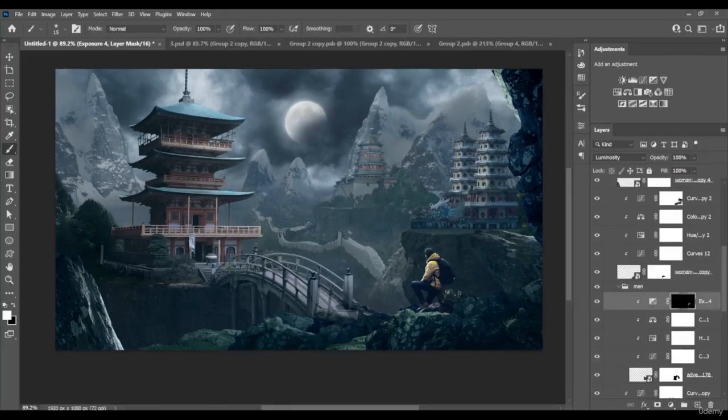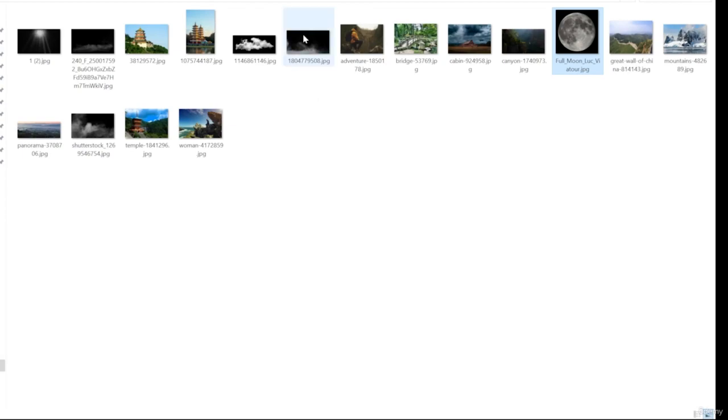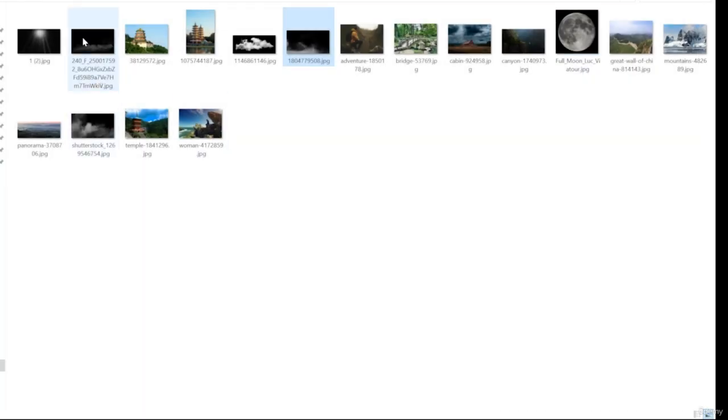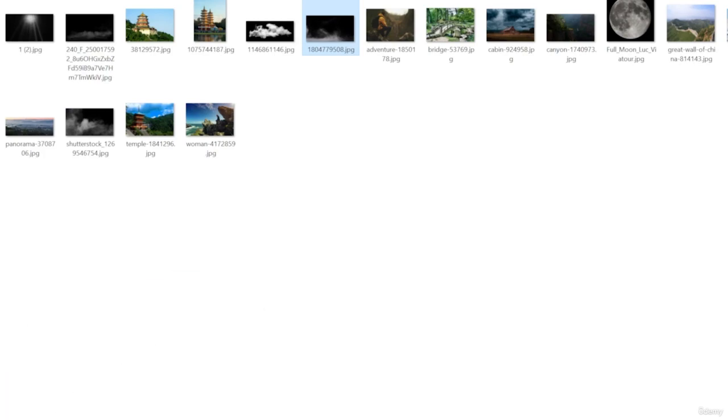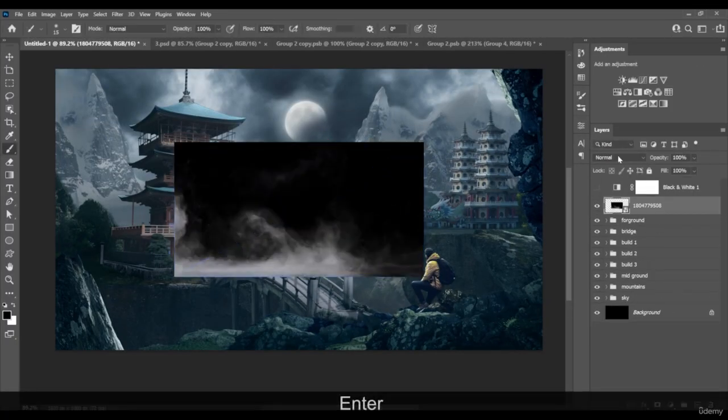Now it's time to add the hazing effect, the foggy effect that we needed. So how can we do this? We will bring this layer, this image of fog. This is an ordinary stock photo. So I will take this layer, put it here to our design, and press enter and change the blending mode